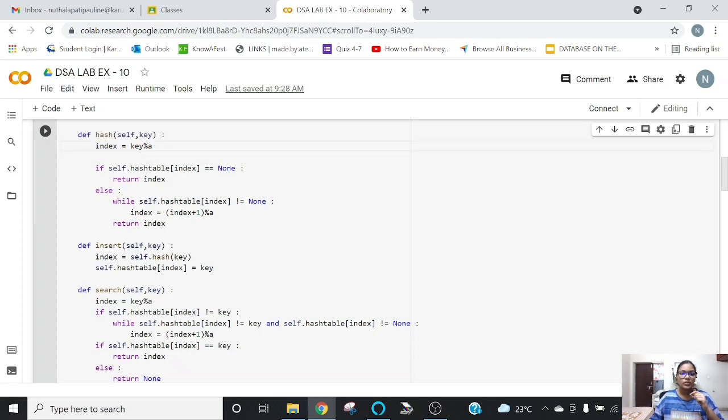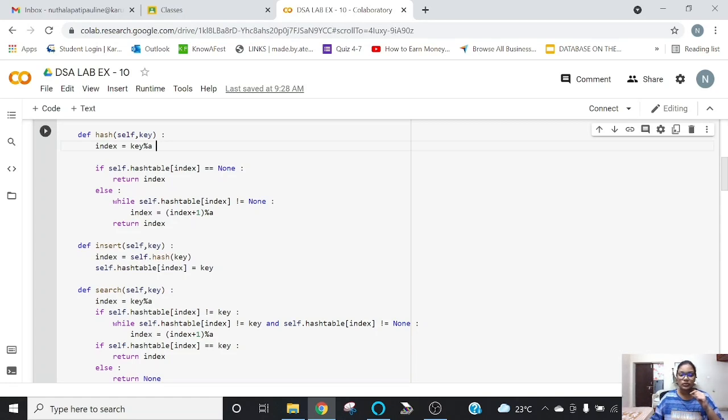particular number. So I have given an if-else condition in which, if the hash table at the index equals None, then it is going to return just the index, which means if it is having only one, then it will definitely return just that number.